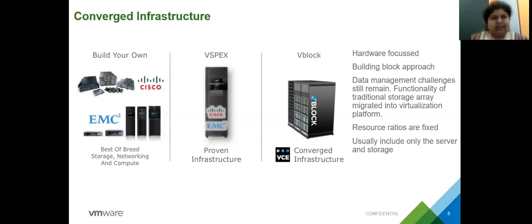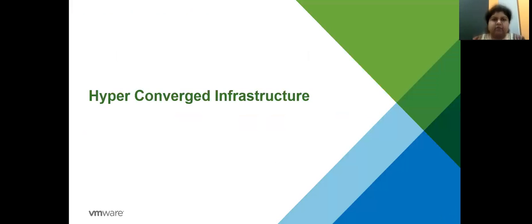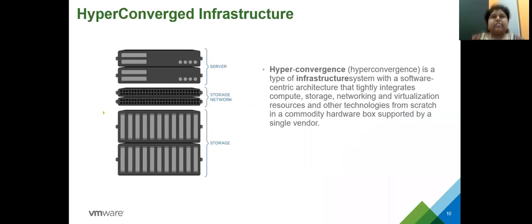So this infrastructure is more like, "I need these components and these vendors have come up with a compatibility guide. Let me just take these components and assemble them together." That's where converged infrastructure was lacking. It was still more like a data center in a compact form. And that's when we came up with this solution called hyperconverged infrastructure, wherein the concept might still look the same to you,